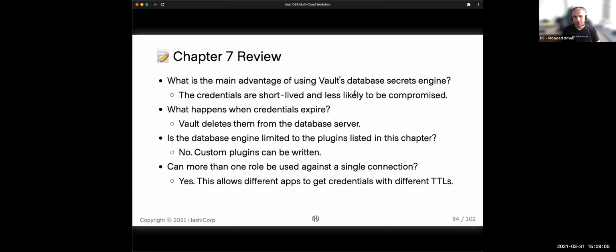They are deleted from the database server. Pretty straightforward. Is the database engine limited to the plugins listed in this chapter? No, custom plugins can also be written. You may have custom infrastructure or applications you wish to enable this for, and you can create your own plugins. And can more than one role be used for a single connection? The answer is yes. We demonstrated two roles with two different times to live that were targeting the same database as an example.